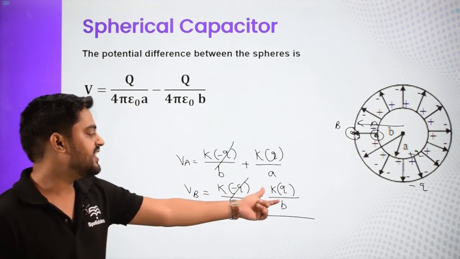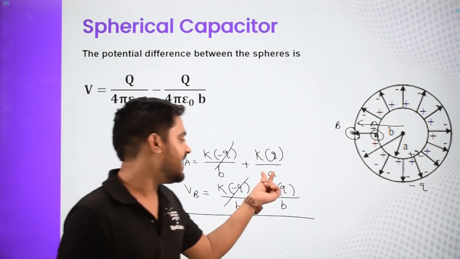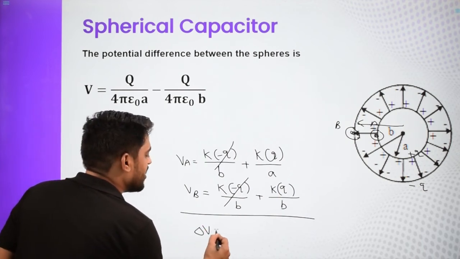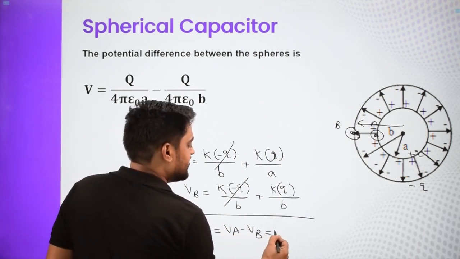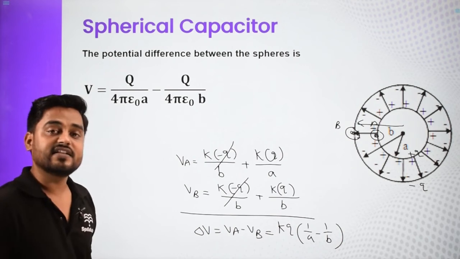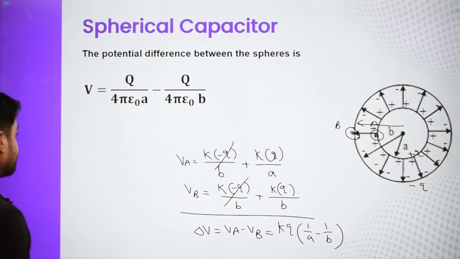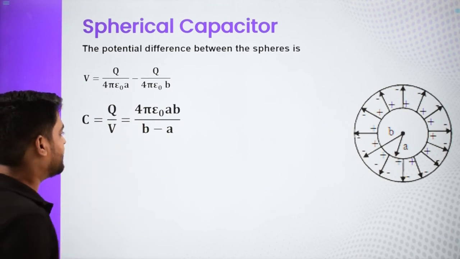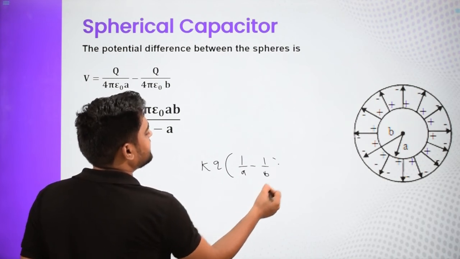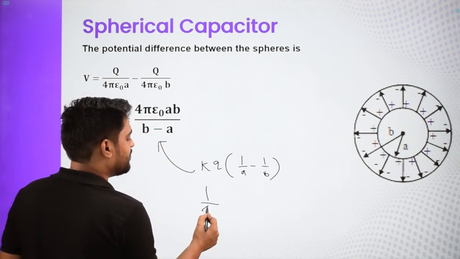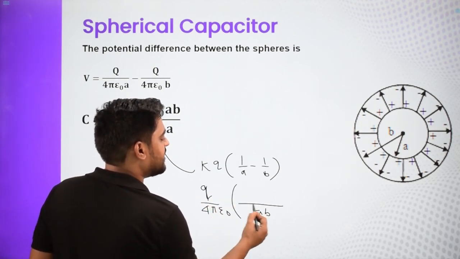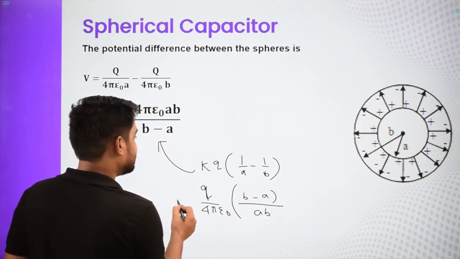And when you get the difference, as we can see, this thing is the same. And now it is simply this minus that. Now here A is smaller, so this is the bigger quantity. So this minus this is the potential difference. So delta V, or VA minus VB, is nothing but KQ times 1 by A minus 1 by B. And K is nothing but 1 upon 4 pi epsilon naught. We just wrote KQ times 1 by A minus 1 by B. I am just changing it into this form. So K is 1 upon 4 pi epsilon naught, Q is Q. This is like I am taking the LCM. So it is AB, and this is B minus A. So this is my V.